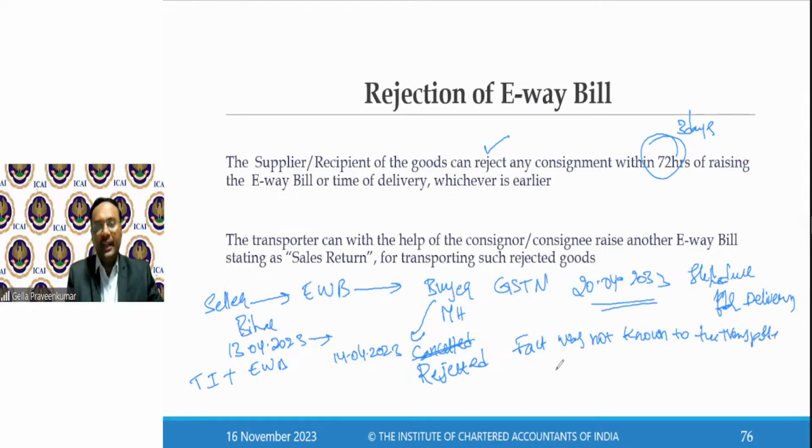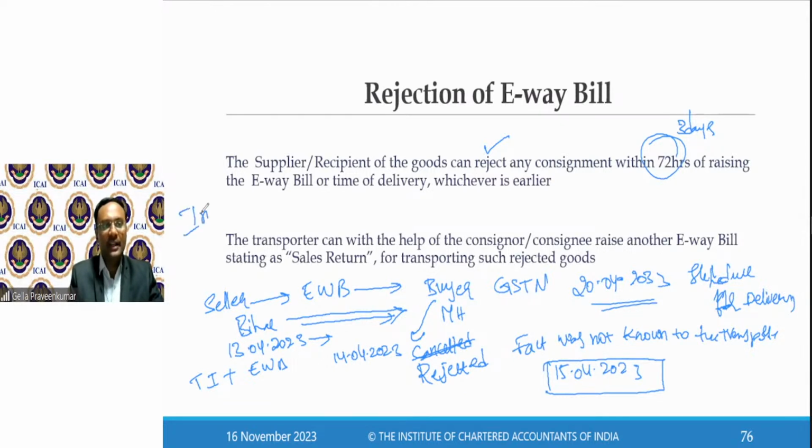On 15th April 2023, the transporter was heading from Bihar to Maharashtra. The journey was still going on. On 15th April, the GST check post officer intercepted the vehicle. I use a technical term called interception. Interception under Section 68, where the GST officer can stop the vehicle, verify what document you are carrying, what